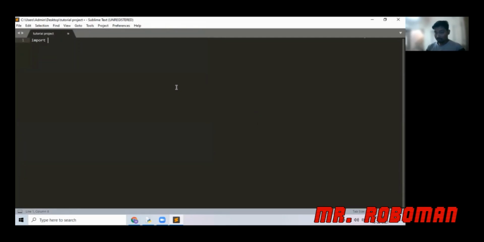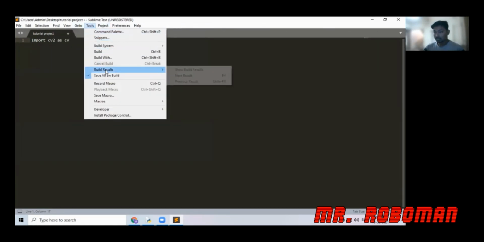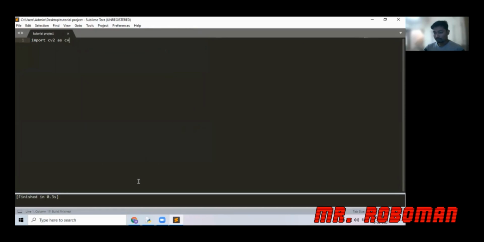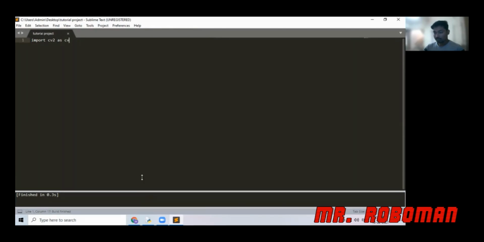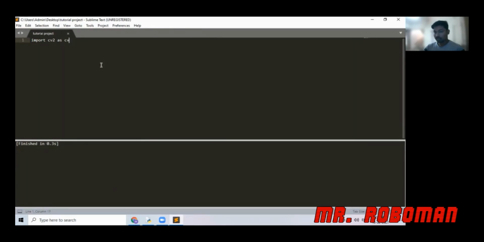I'll just check import cv as cv, and to test it, we can just build it. Yeah, build is finished. That means it is working actually.